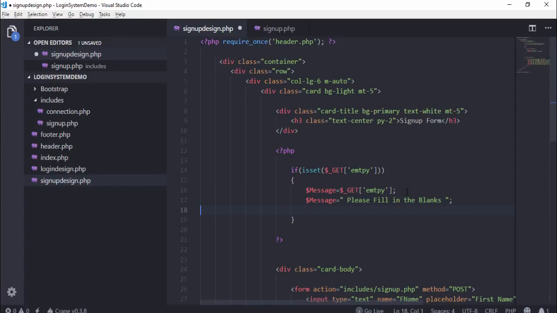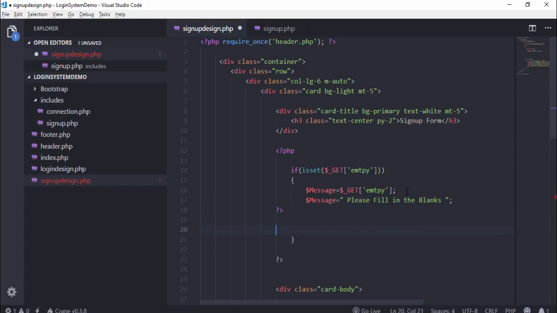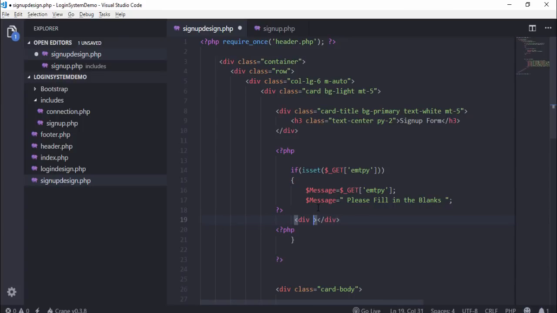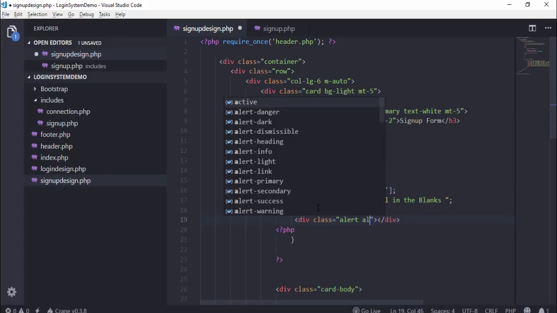Okay, and I close the PHP tag, and I will write the basic PHP tag. Okay, inside this body section, if body section, I write the div, and I call class alert-danger,